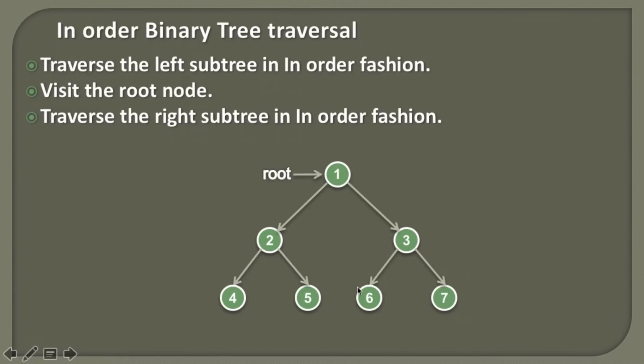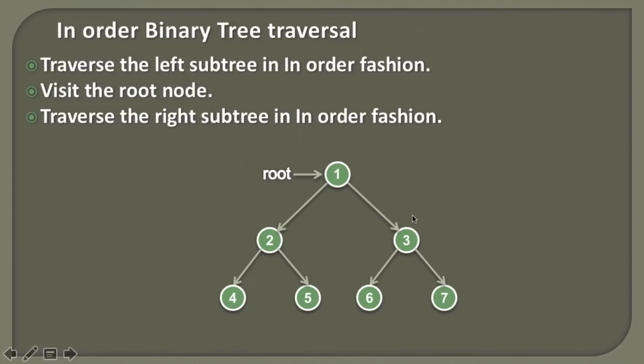When we reach its left subtree, we encounter a node having data as 6. So we apply these 3 steps now over node 6. We visit its left subtree, then we process the node, and then we visit the right subtree. Here, as node 6 has no left subtree, we are done with the processing of the left subtree. Then we actually visit the node, and after visiting the node we go to its right subtree. And as node 6 has no right subtree, we are done with the processing of node 6 completely.